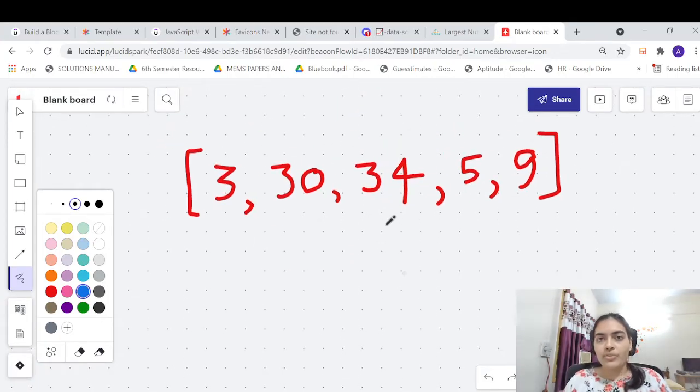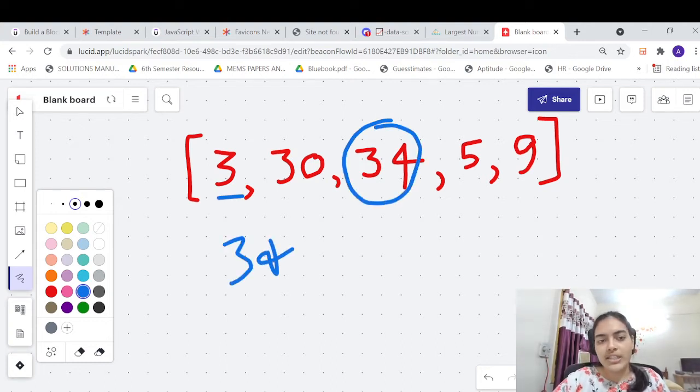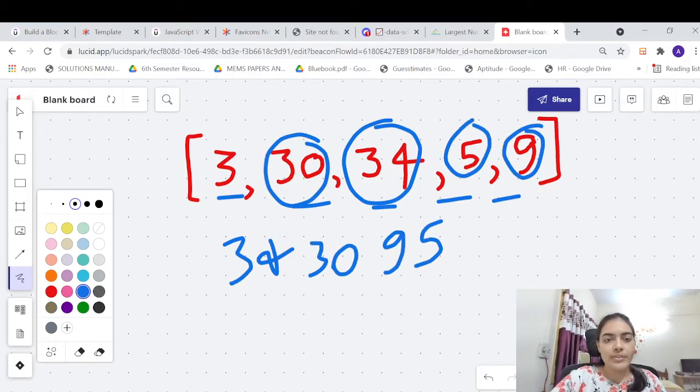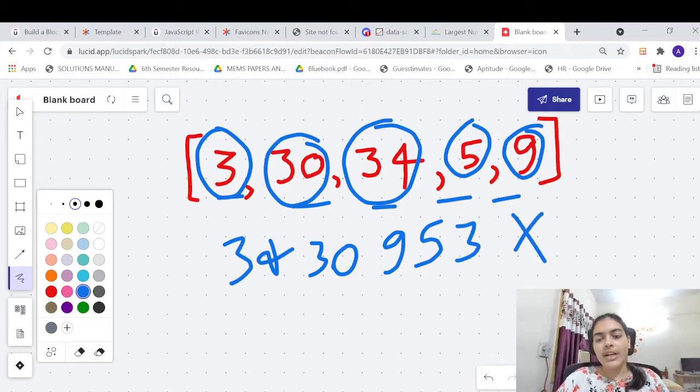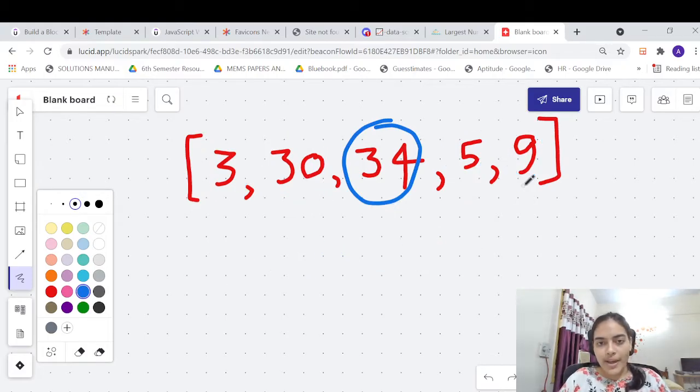So if you have to order the numbers, the first thing that comes to your mind is sorting. But which type of sorting? If you sort these by values, then you will put 34 first, because 34 is largest among all these 5 numbers. Then you will put 30, then you will put 9, then you will put 5, then we will put 3. But this is not our answer, because we just saw that the answer is a number which is starting from 9. So you cannot simply sort by value. So we know that sorting by value doesn't work.